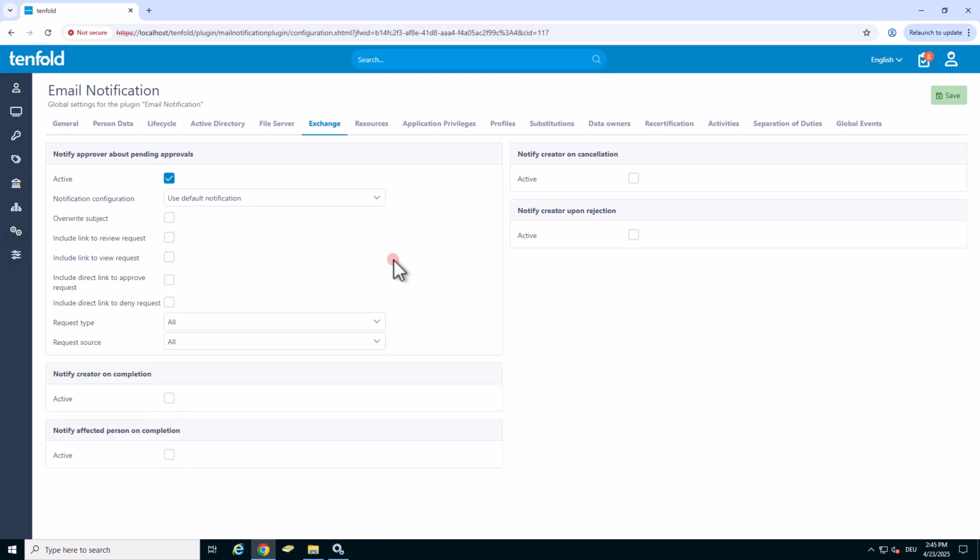If you want to enable your approvers to directly approve or deny requests out of their email notification, you can do so here. Else, only use the link to review request. So if they click the link to the request in the email notification, they will be directly forwarded to the